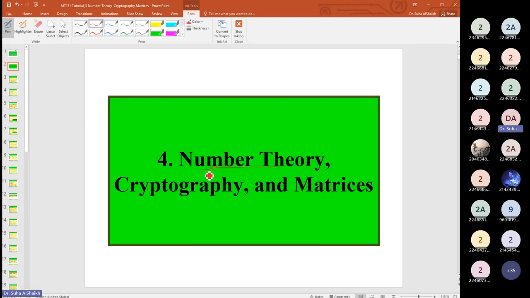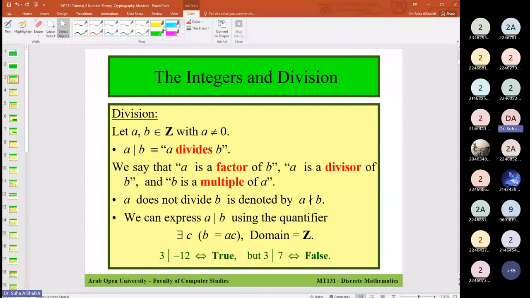What type of numbers we're going to talk about? We're going to talk about the integers, the Z. Integers means the negative numbers, -3, -2, -1, 0, 1, 2, 3, and so on. So whenever we talk about numbers in this tutorial, we're talking about integers. So the first concept we need to know about the integers is the